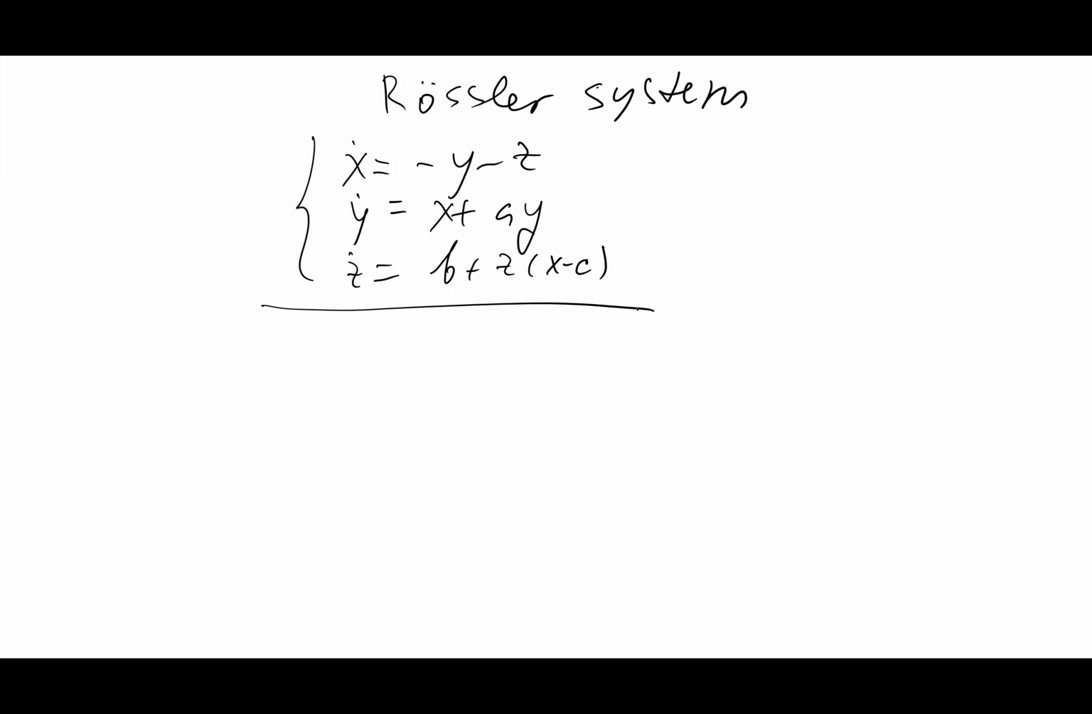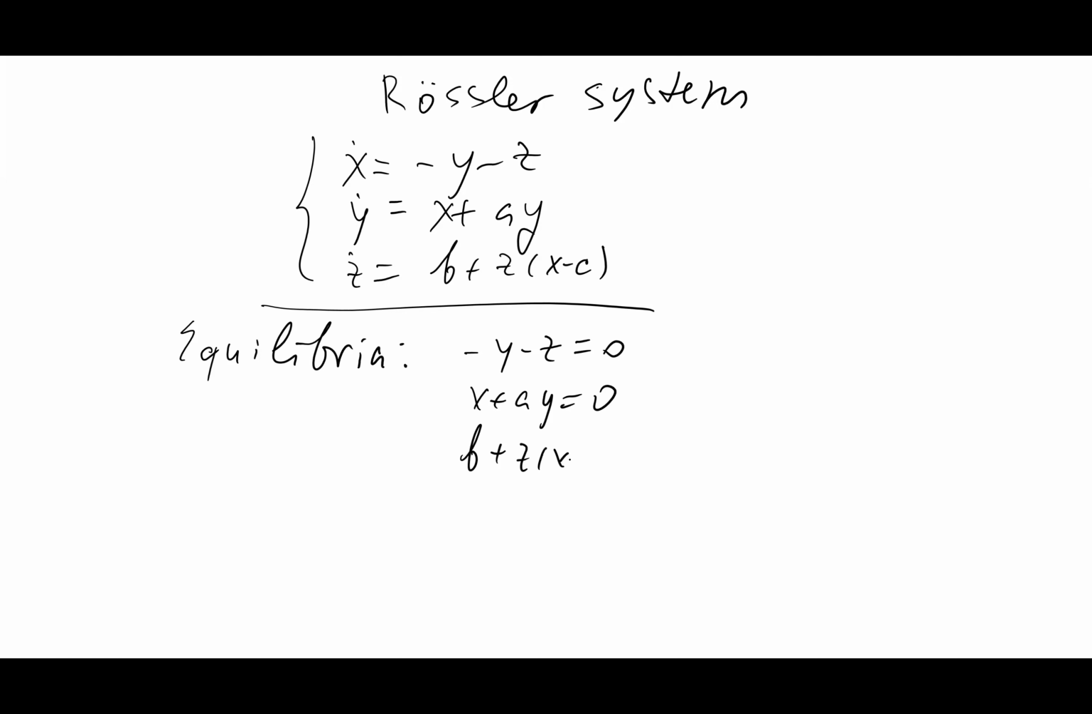Let's find equilibrium for this system. So minus y minus z should be 0, x plus a y should be 0, and b plus z times (x minus c) should be 0. So roots of this system of algebraic equations are equilibria. As we see, the first two equations are linear, but the third one is quadratic, and therefore we should expect up to 2